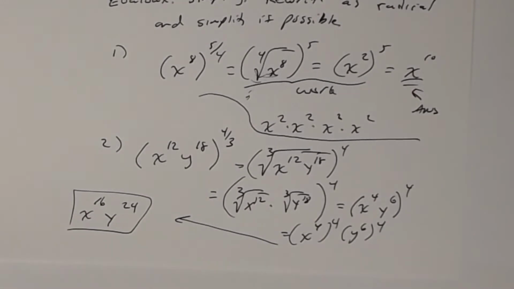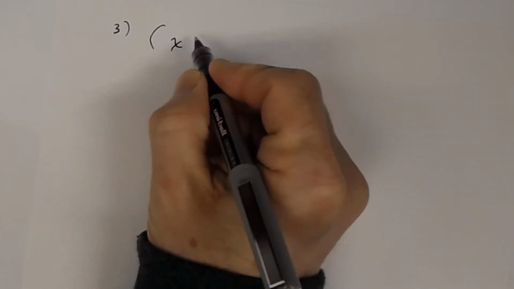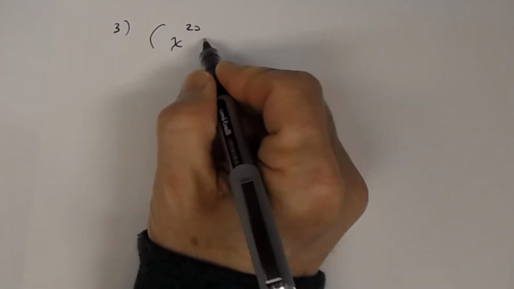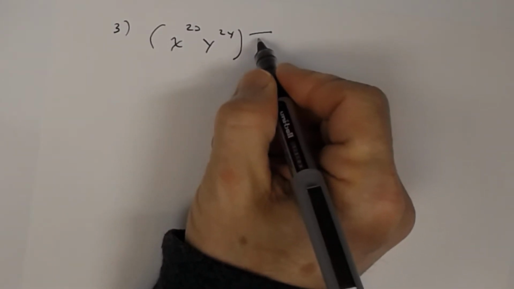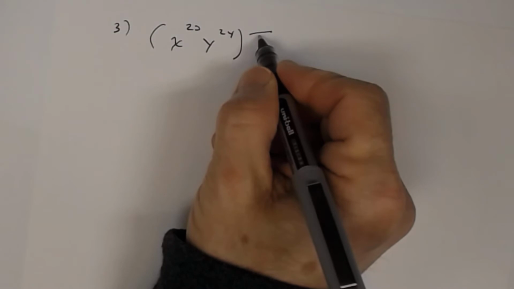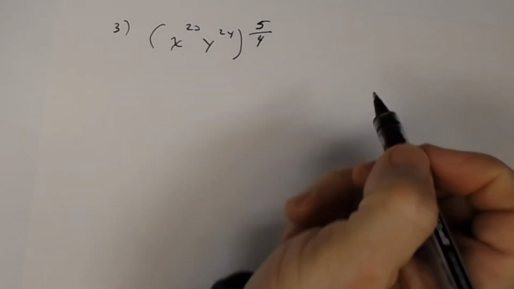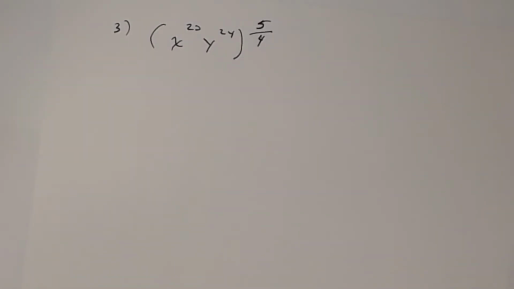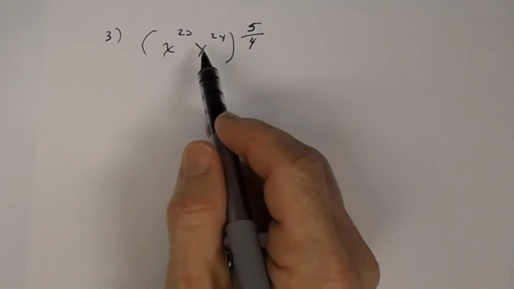Okay, so number 3, you have, let's say, x to the 20th, y to the 24th, and let's say my denominator is 4, and my numerator is 5. All right. So if I want to simplify this, if I want to evaluate this, I'm going